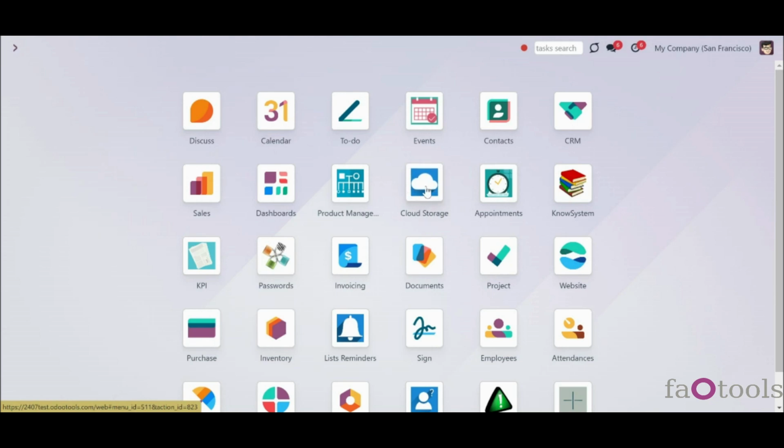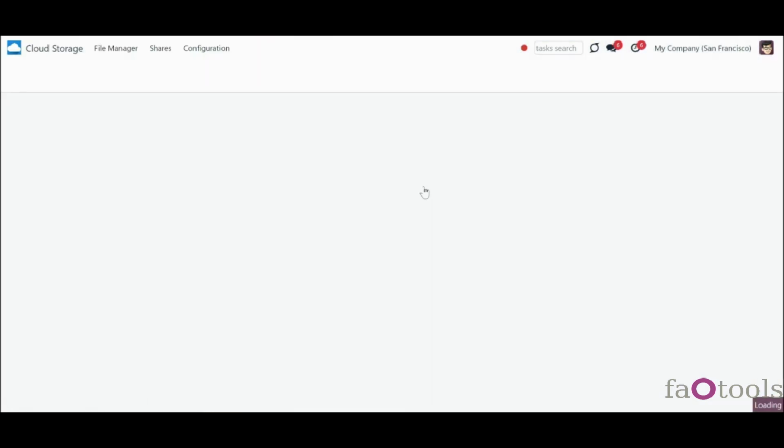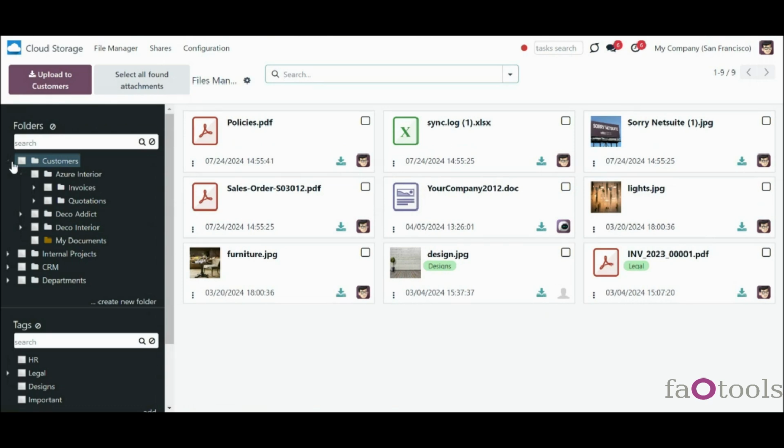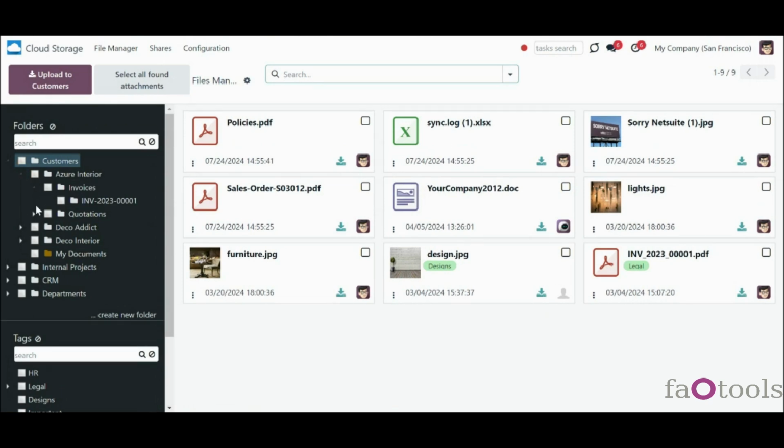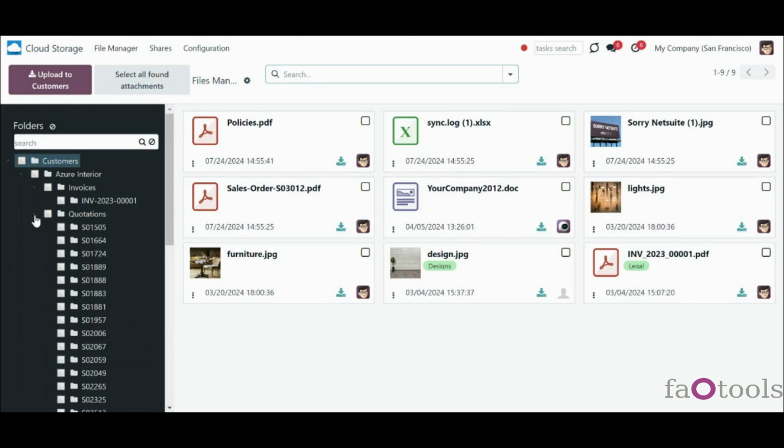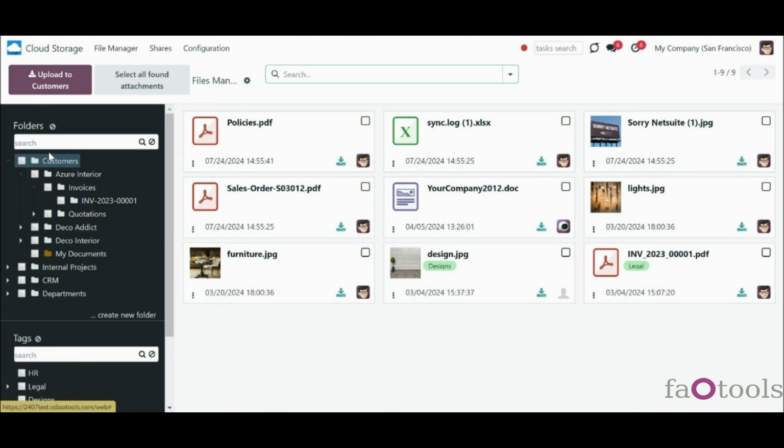The module has a convenient menu from where you can see and manage the folder structure. For that, the single view interface was introduced. A folder is a key object in Cloud Storage Solutions, which represents a virtual location for the attachments and other